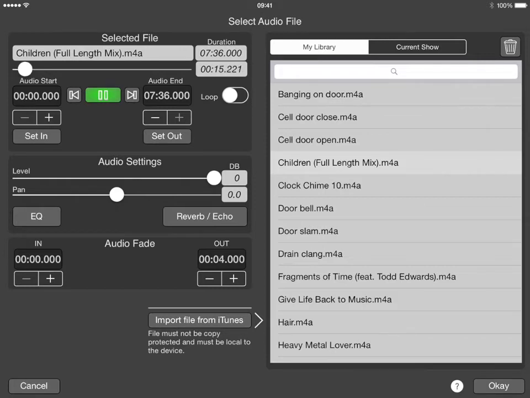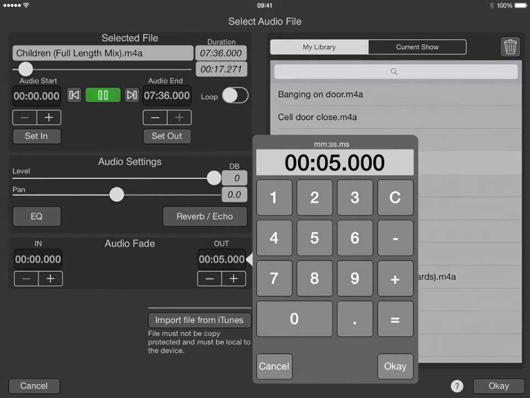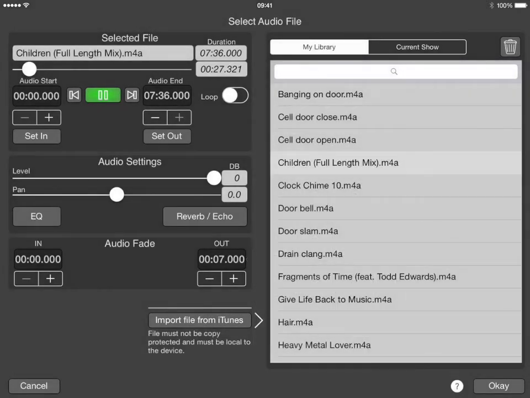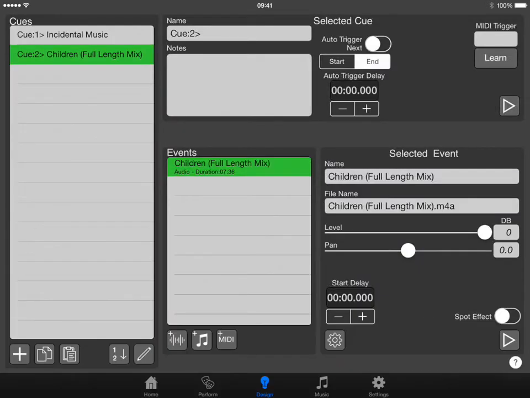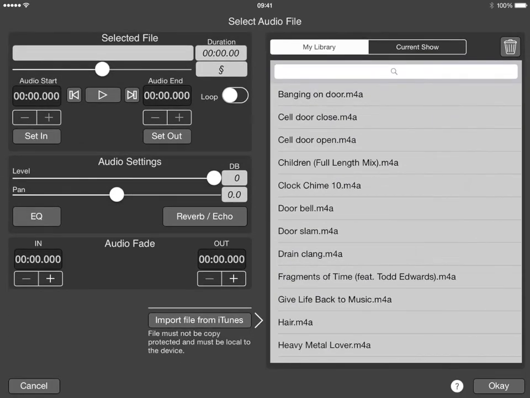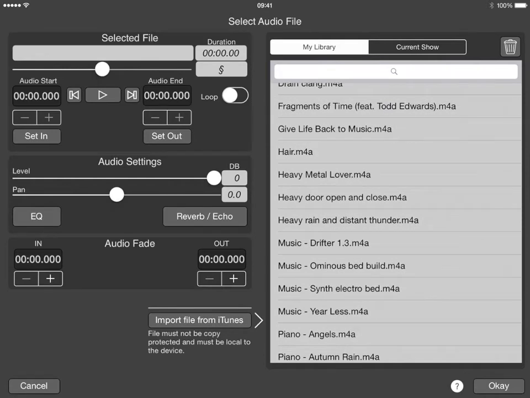I can either do this with the plus and minus buttons, or if I click on the number, it brings me up a little time entry box. So I can do things like go 7 dot, because I don't want to put the milliseconds in, so that's 7 seconds. So that's done that. And then the next cue is going to be some wind and rain, heavy rain and